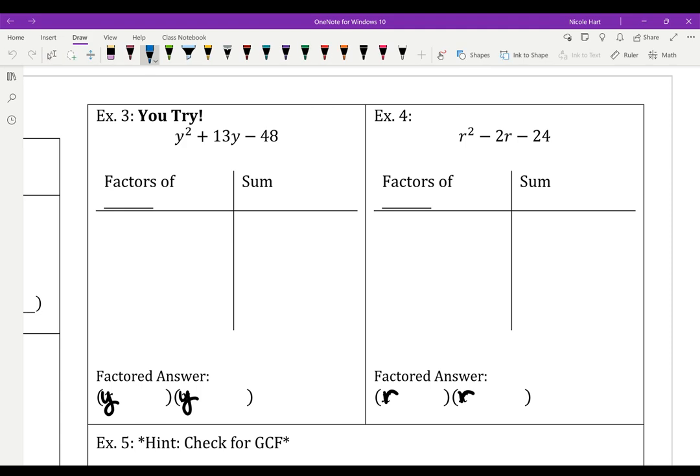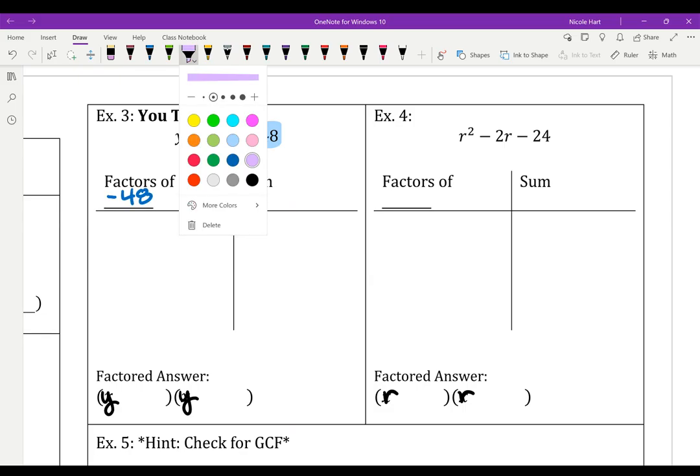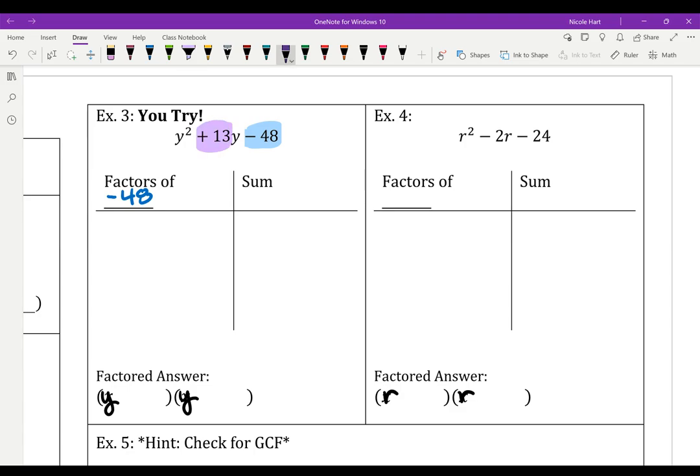Right, looking at example 3, we are going to factor y squared plus 13y minus 48. Okay, so we need to find factors that multiply to equal negative 48, and then add together to equal positive 13. Since these multiply to be a negative but add together to be a positive, one's going to be positive, one's going to be negative. So factors of 48, and as you go through this, you might realize or recognize some